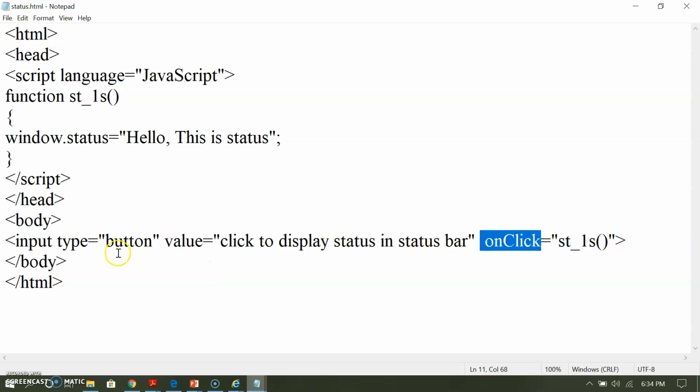So here is the end of body. Remember that this HTML element we are writing in the body tag, and the function we are writing under the script tag. Here in the script tag we have used the language attribute. You have to specify that; it tells the browser that we are using the JavaScript language. It is very important. And then end of body, end of HTML. So let us see the output of this.